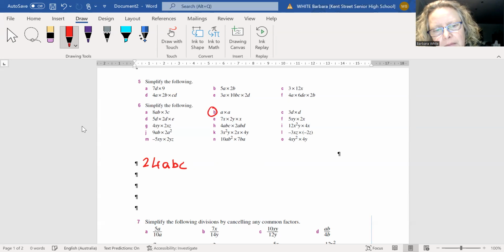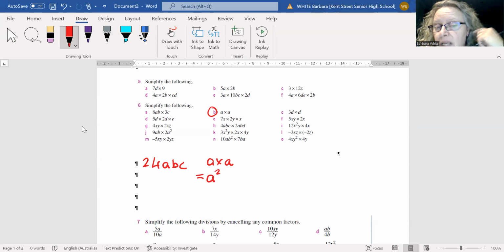A times A can be written as A to the power of 2. Anything times by itself is written as that number to the power of 2. So